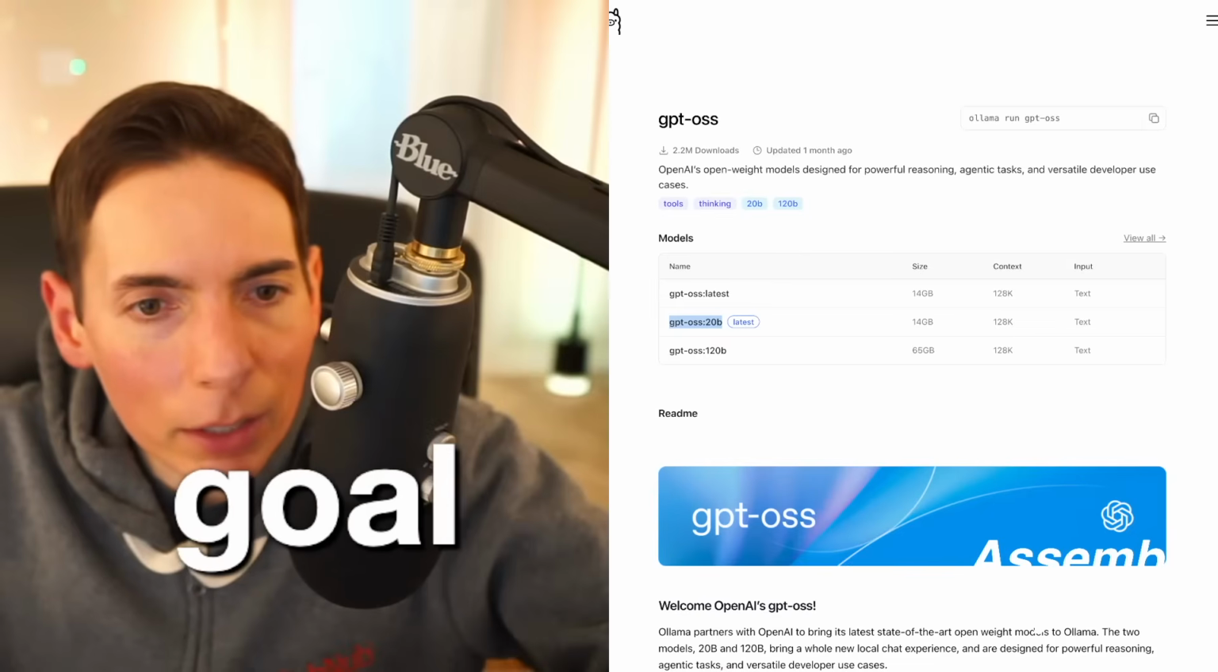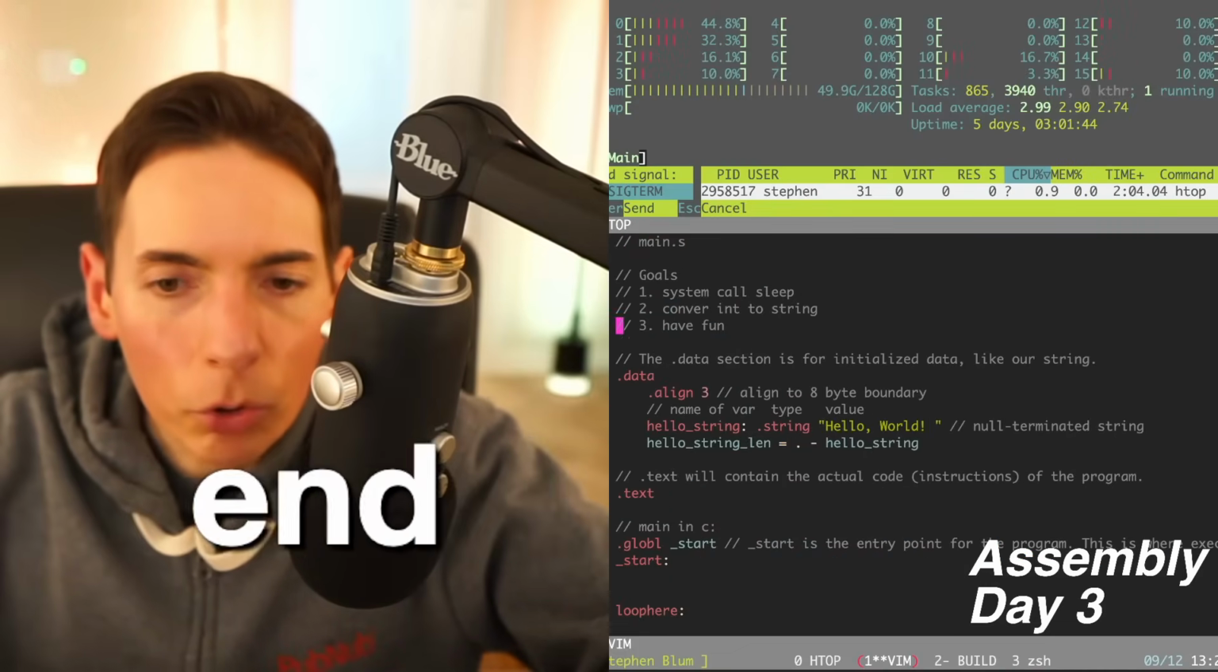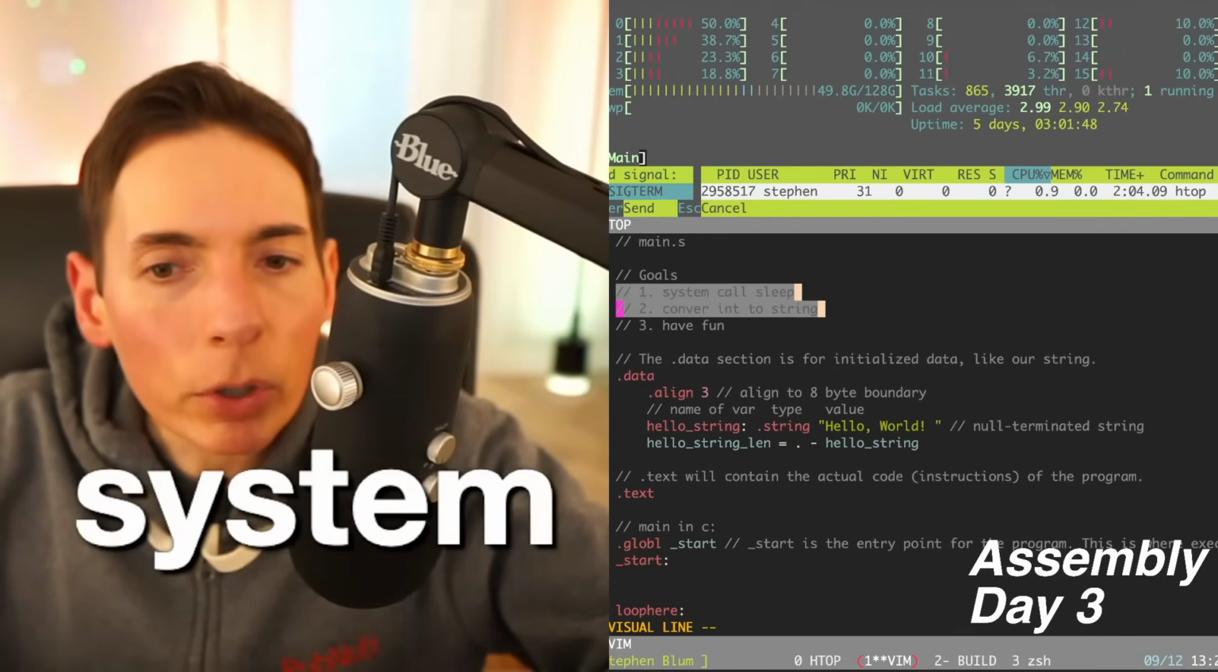What is your end goal to learn this? With assembly, the end goal was just to mess around. We're just learning. We wanted to do a system call. We don't have time to convert an